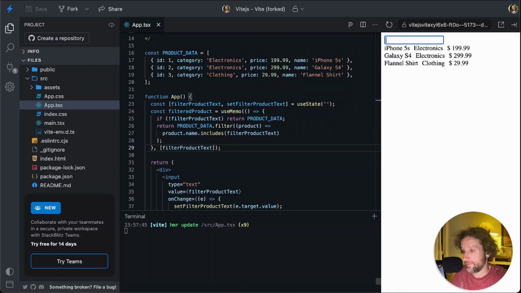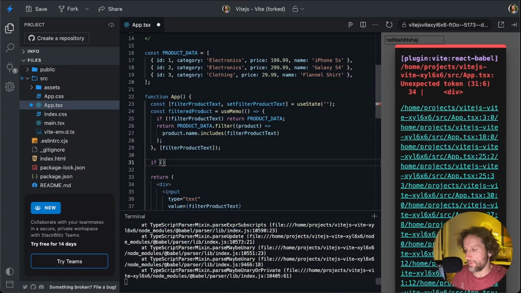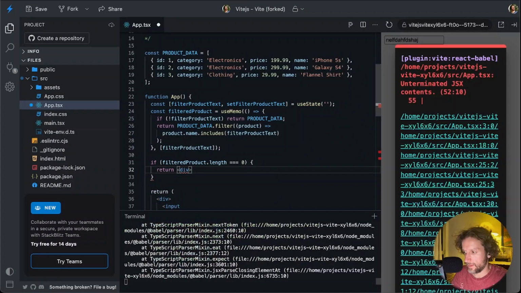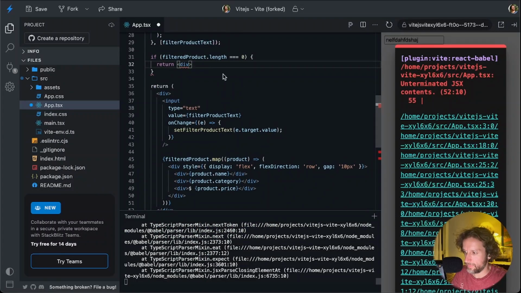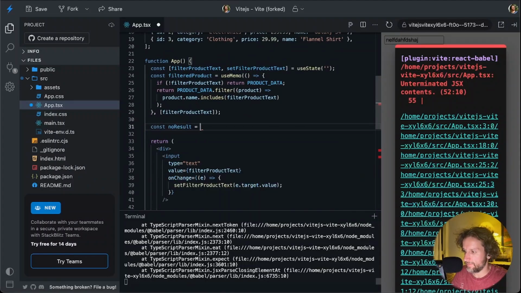Is this test enough? No, always test properly. First of all, if I write like this, nothing happens. I want to see in an interview that the person handles edge cases. So you're talking with a person, you say, do I care about when there are no results? And if they say yes, you say, oh, perfect. So if the length of the filter product is 0, then we return no result. I cannot do it at this point, because if I do it at this point, I lose the search. So terrible idea. So const no result is equal to